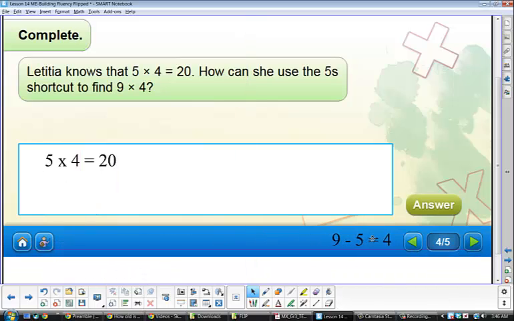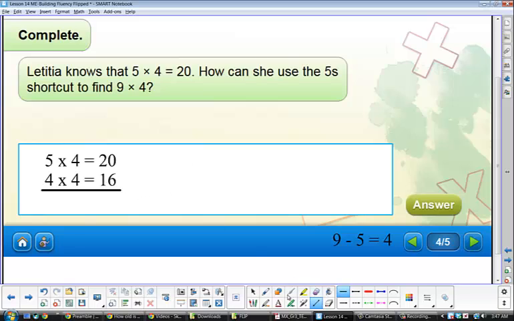So let's put this out of the way, because we went 9. To get to 9 we went 6, 7, 8, 9. So 4 more. And so what we're going to do is we're going to type our next equation. 4 times 4 equals, okay, help me, 4, 8, 12, 16. Now I can find out what 4 times 9 is by using this equation, I know that 5 times 4 equals 20, plus 4 more times 4 equals 16.